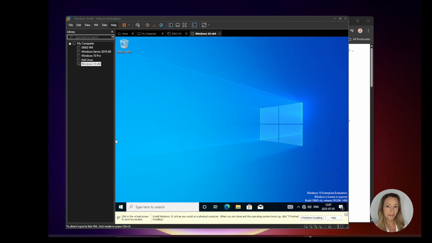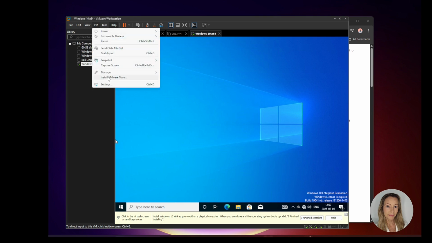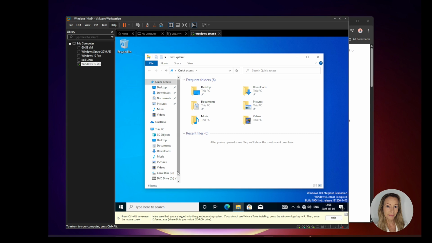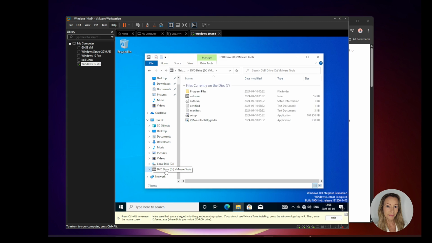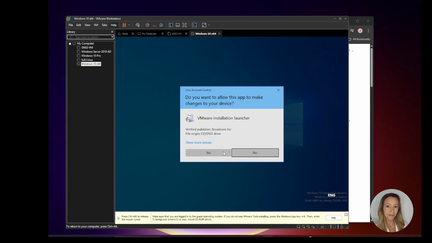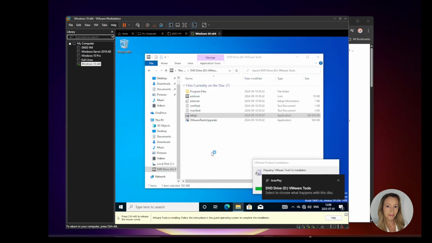Great, we've successfully installed Windows, but there's one more thing I would like to do, and that's to install VM Tools, which will improve functionality. First, you're going to click here, VM, install VMware Tools. Next, you're going to click on File Explorer, select DVD Drive VM Tools, right-click Setup, Run as Admin, select Yes,